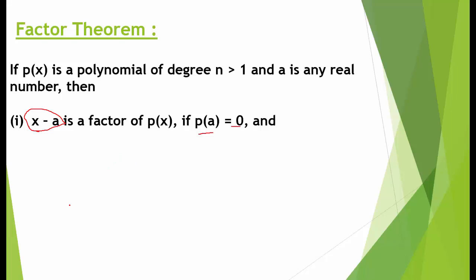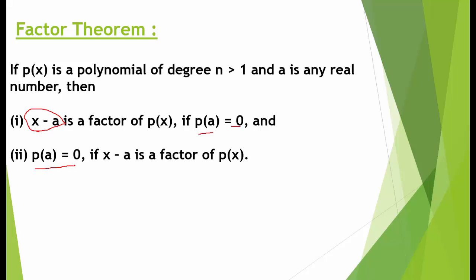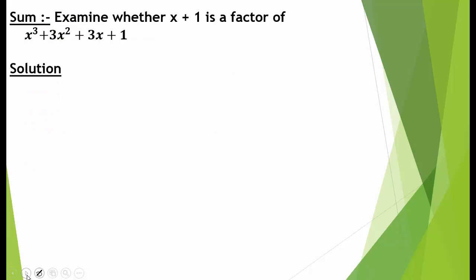And the second statement given by the factor theorem is: if p(a) equals 0, then x minus a will be a factor. That means if p(a) is 0, then x minus a is a factor, and if x minus a is a factor, then p(a) will be 0. This is given by the factor theorem. Now,